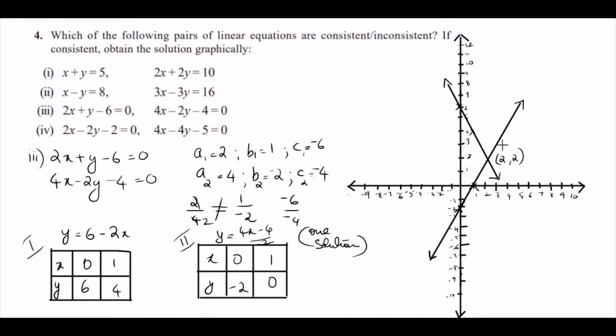After plotting the solutions on the graph, you can see you get intersecting lines, and the point of intersection is the only solution for this pair of linear equations. That is 2, 2 is the solution: the x value is 2 and the y value is also 2. When you substitute these values, 2 into 2 is 4, 4 plus 2 is 6, 6 minus 6 is equal to 0. In a similar way, 4 into 2 is 8, 8 minus 2 into 2 is 8 minus 4, which is 4, and 4 minus 4 is 0. So these x and y coordinates are the solution for this pair of linear equations in two variables. In a similar way, you can try the last pair of linear equations.